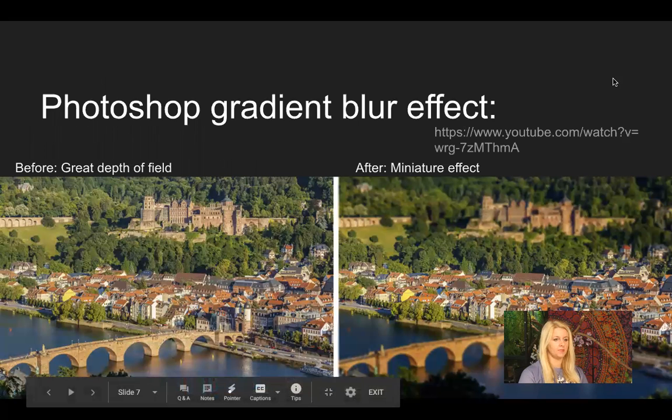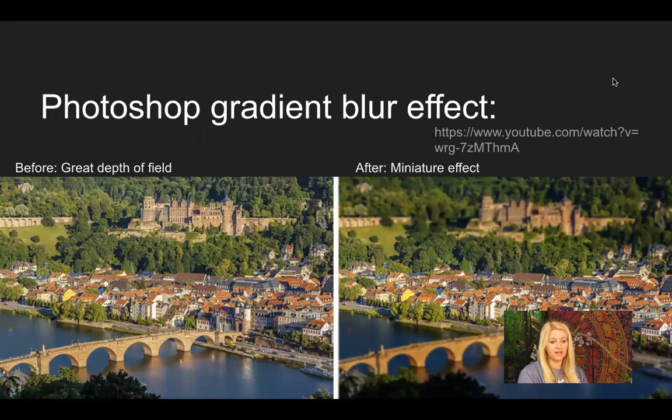So this is called a gradient blur effect as well in Photoshop. So you might be able to look up a tutorial. Here's an effect: the original photograph that you would take would be with great depth of field, and then using Photoshop, you can simulate this tilt shift effect really well, that miniature effect that we've been looking at throughout this